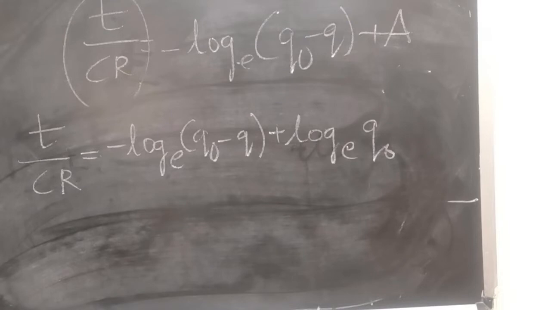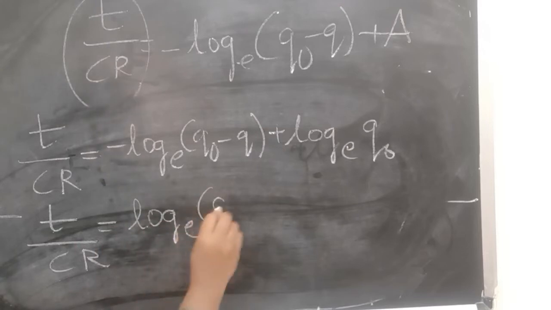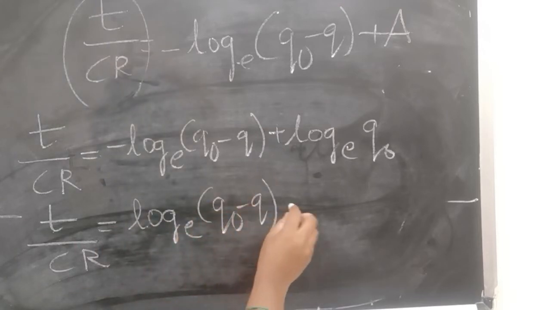Now it is in the form of log A minus log B. Now I will take minus common, you see. Minus T by Cr is equal to log (Q naught minus Q)